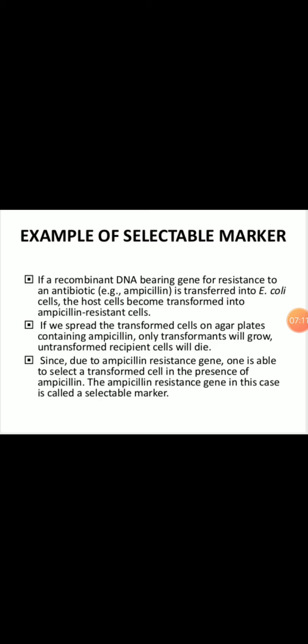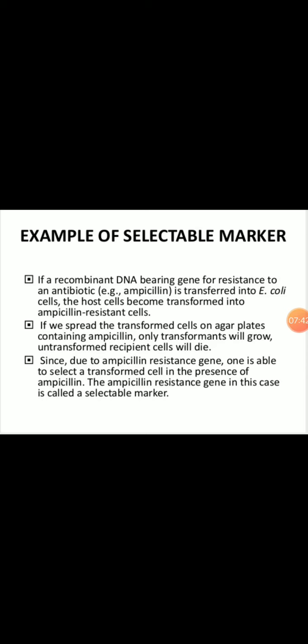If our recombinant molecule has a particular selectable marker, that is the ampicillin resistant or tetracycline resistant gene, and if we transfer this molecule into the E. coli cell, then that E. coli cell has a plus property. Which plus property? It is an ampicillin resistant E. coli cell. So we can identify these as the transformed E. coli cells which carry our recombinant molecule.